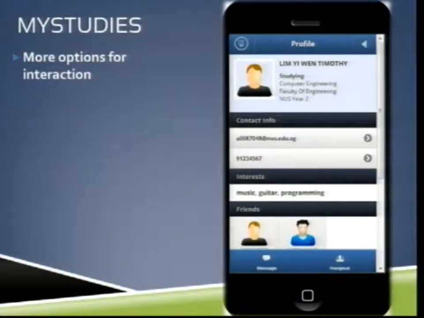If you click, you can see more information that the person wants to post. It's not like Facebook because you have full control over what you want to post. There's no photo tagging that other people can tag you in. So you can keep it very professional. Your profile only has what you want to show to other people. And so you can further the interaction by messaging and hanging out with the person.